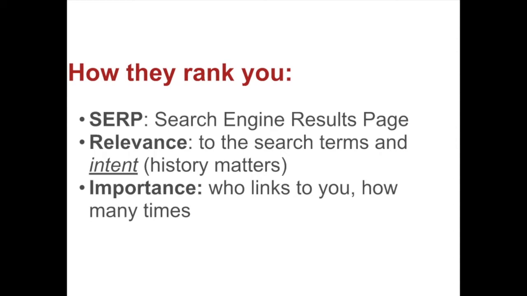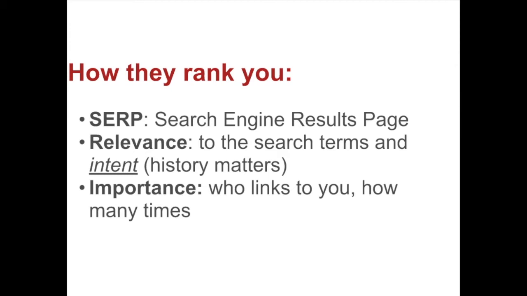Now, when it comes to relevance, the search engine will also try to understand the intent of the searcher. So, for example, if someone searches for Birmingham, they might be searching for Birmingham as a travel destination, or they might be searching for Birmingham in terms of directions. Their previous search history would give Google some indication as to what they might be interested in. So, for example, if they've searched for other cities or they've searched for holidays, then Google might guess that their intent is around holidays. And if your story is about things to do in Birmingham, then they might include that